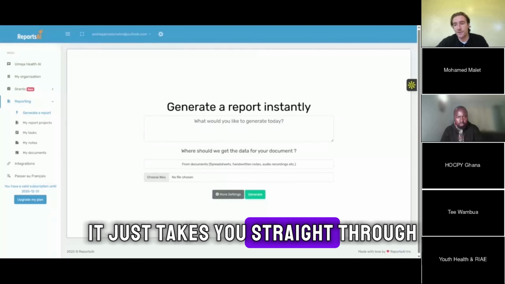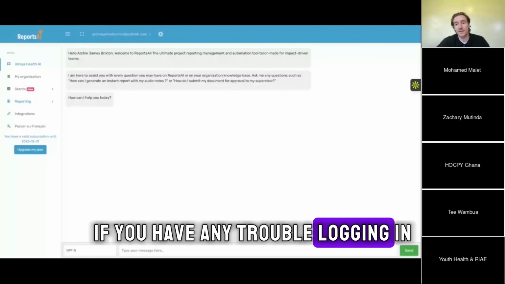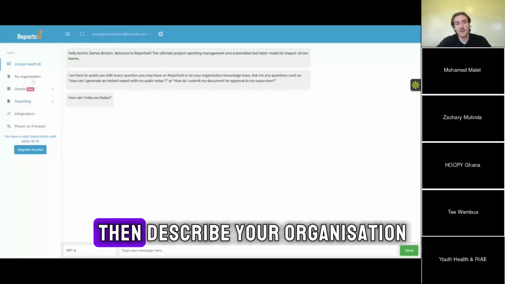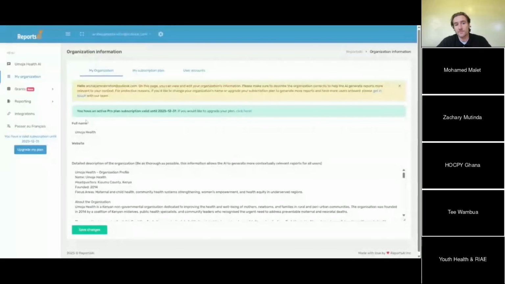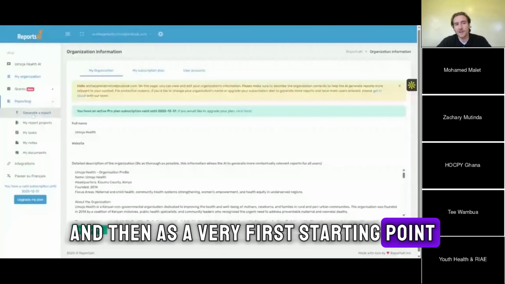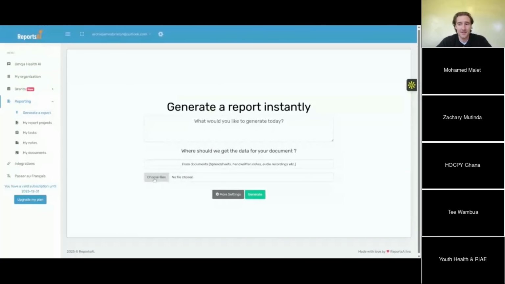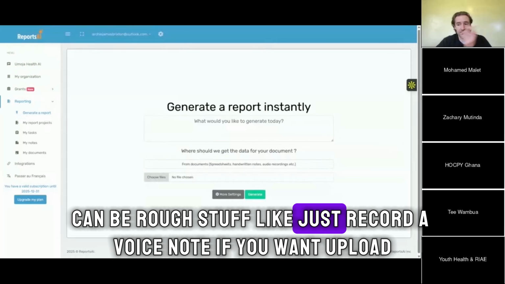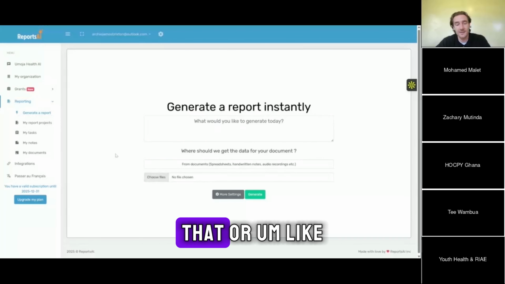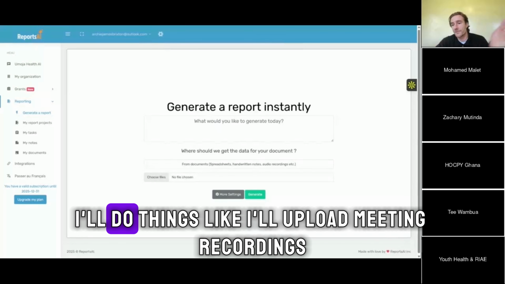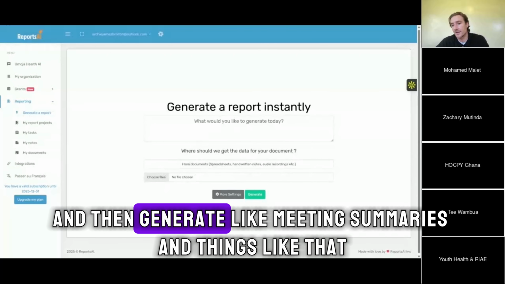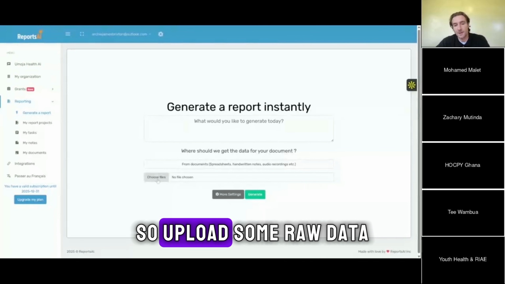So as a first point, for everyone on this call, log into the platform. If you have any trouble logging in, let us know and we can help. Then put in your organization name and describe your organization. And then as a very first starting point, I would just play around with generating a report instantly. Just upload some raw files. It can be rough stuff, like a voice note if you want. I'll do things like upload meeting recordings and then generate meeting summaries. So upload some raw data,